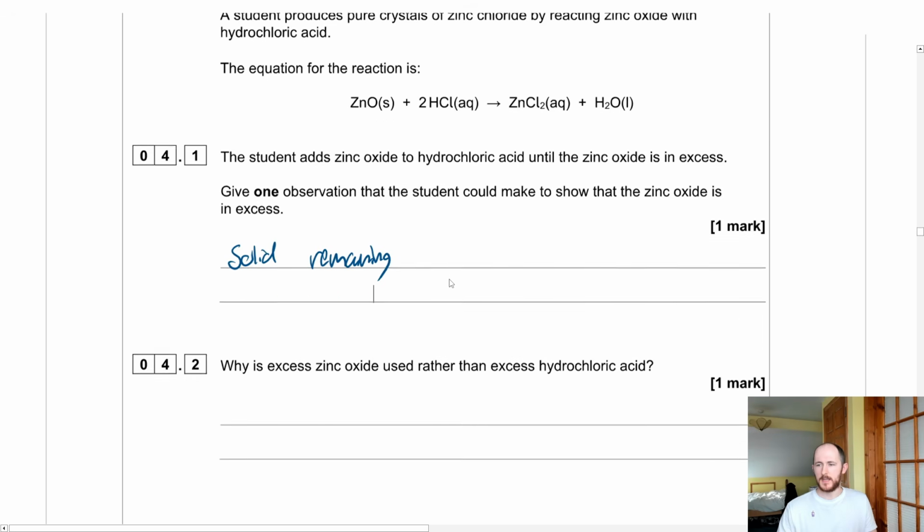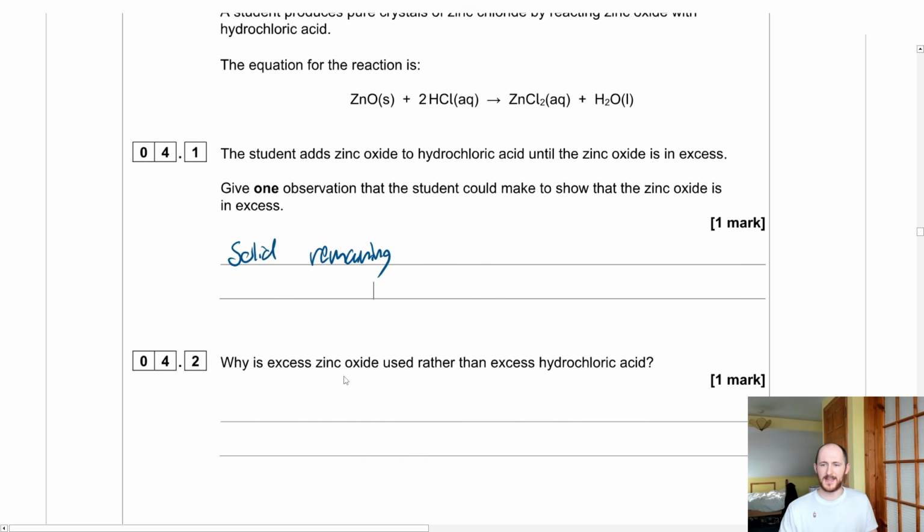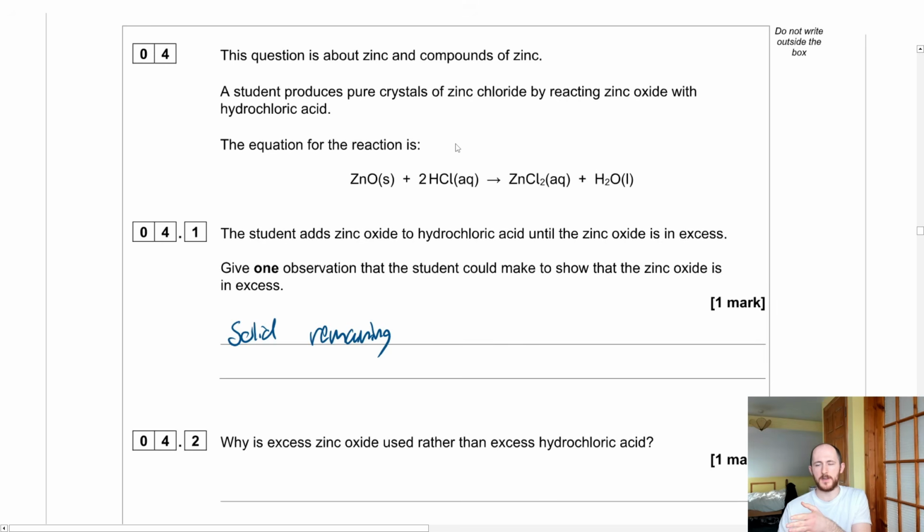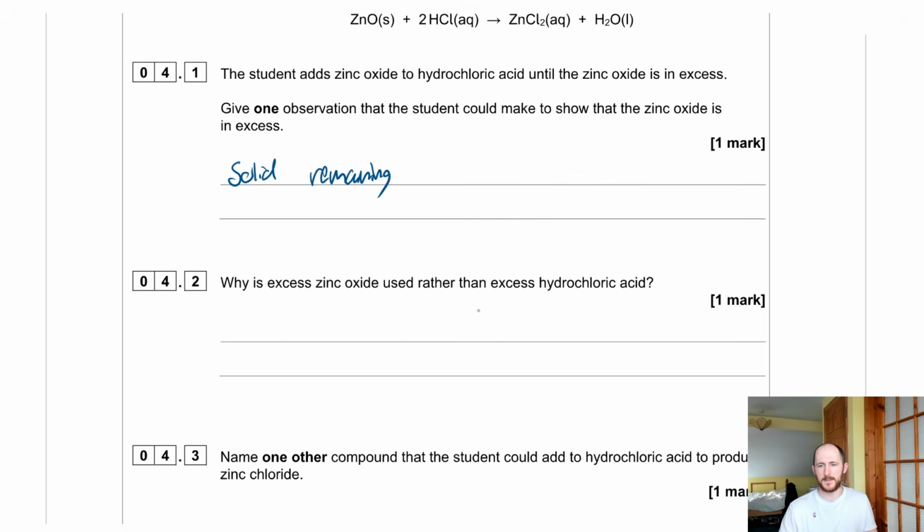Yeah, that'd be it. So part 2, why is excess zinc oxide used rather than excess hydrochloric acid? The reason for this is, think about after the reaction, you'll want to purify the crystals, right? It's easy to separate zinc oxide. It's not so easy to separate the hydrochloric acid because it's very hard to filter that off. So simply put, the zinc oxide can be filtered out